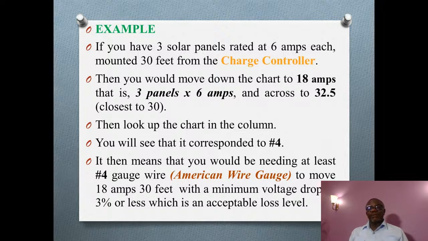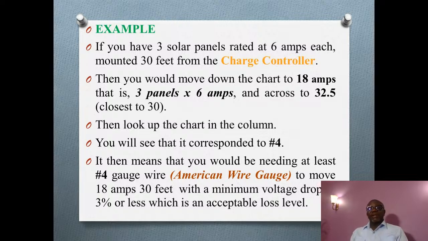AWG stands for American Wire Gauge. So it means that we will need at least number 4 gauge wire, AWG, to move 18 amps 30 feet with a voltage drop of 3% or less